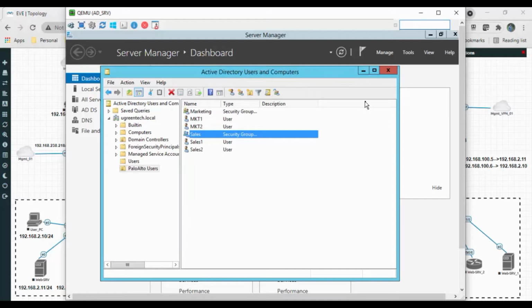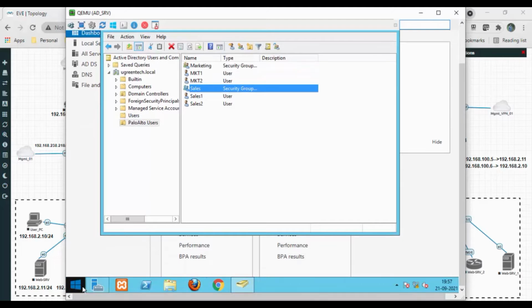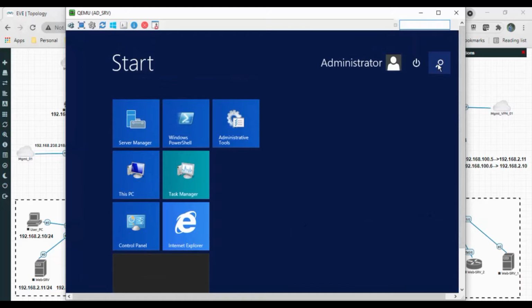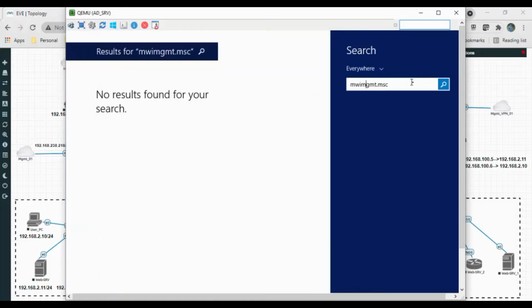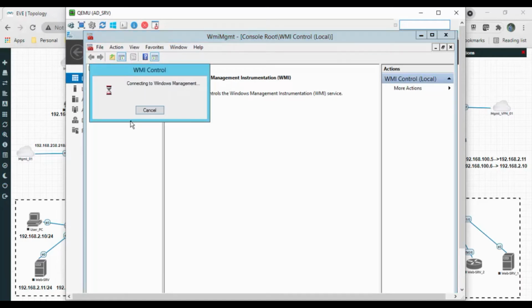So now we will provide the special permissions to the service account. For that, click on Windows and search, and type wmimgmt.msc. In that, right click and select the properties.